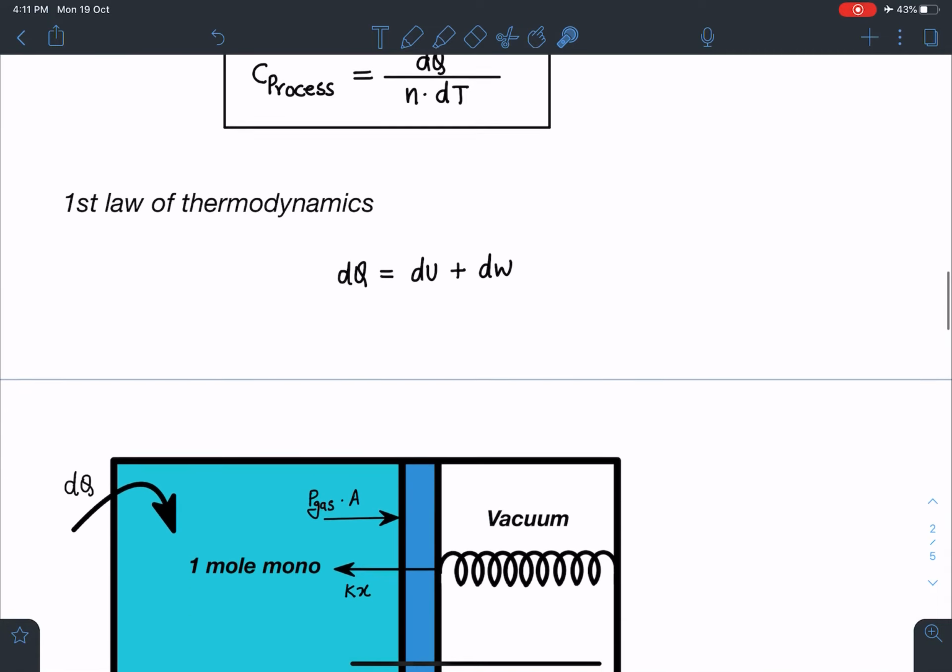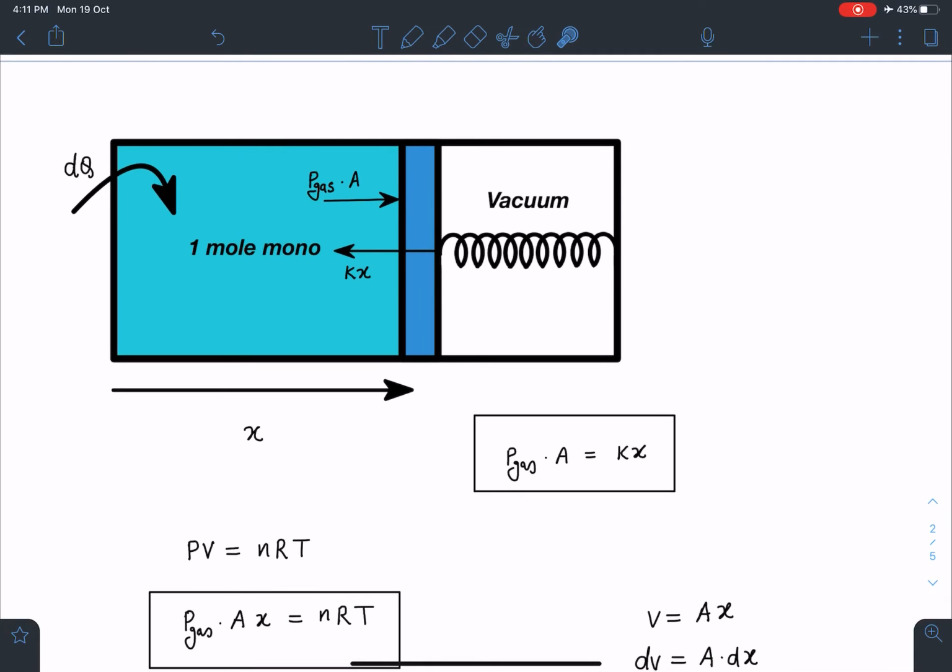Alright, so what we are going to do is, I am giving a small amount of heat, due to which this piston goes to some equilibrium position. Here it is going this side, and let's say at any given instant this length is x. So spring force which is acting on the piston is going to be kx, and the gas force is p gas into A. So these forces are going to be balanced, because we are talking about a quasi-static process. Each step is taken in very small steps, so we can say all the time this piston is going to be in equilibrium. So if it is in equilibrium, then I can write p gas into A is equal to kx.